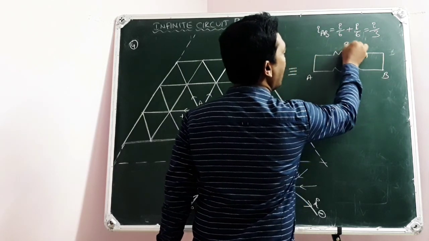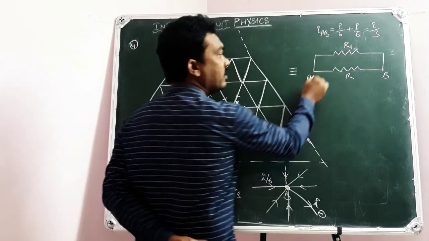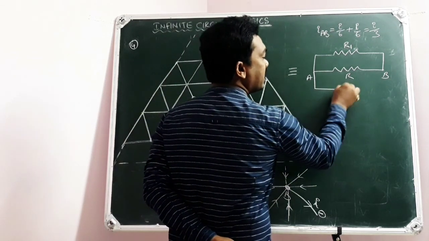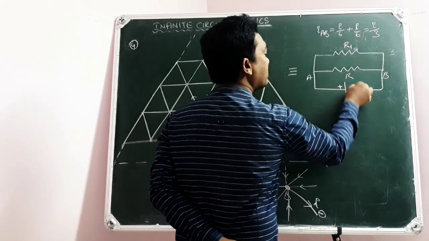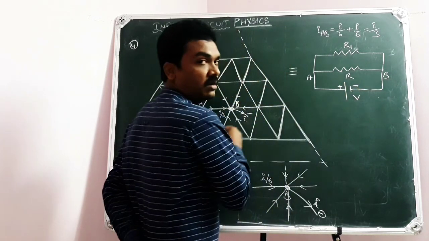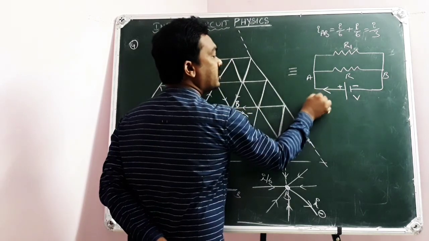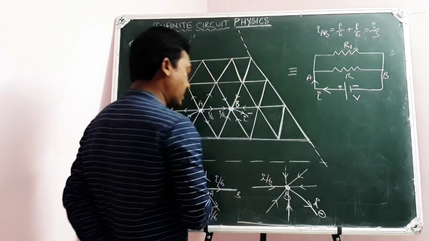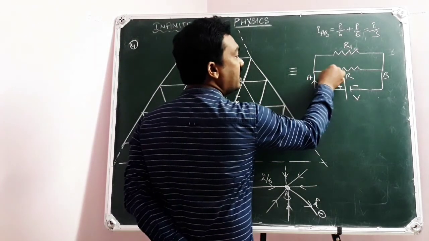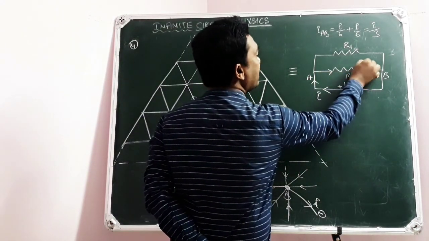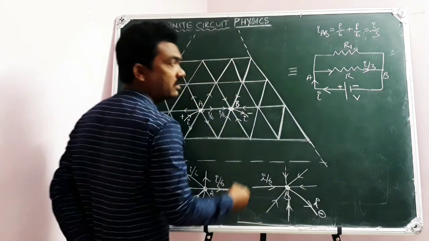Then this equivalent circuit can be taken as an identical resistor R across AB, and all the other infinite resistors will give a resistance R1, you suppose for some time, across which I suppose a cell or battery is connected, so that A is given to the positive terminal and B is given to the negative terminal. And I know some I current is drawn in the electric circuit, because I current is entering at A, I told you.